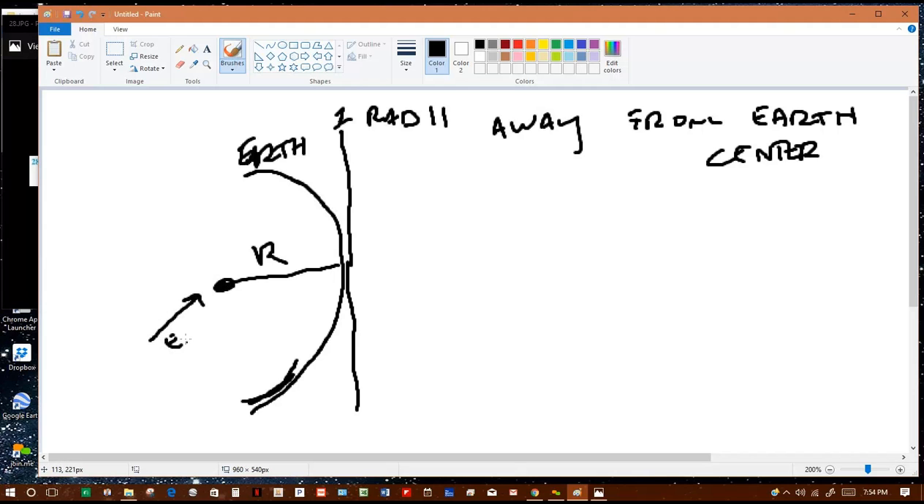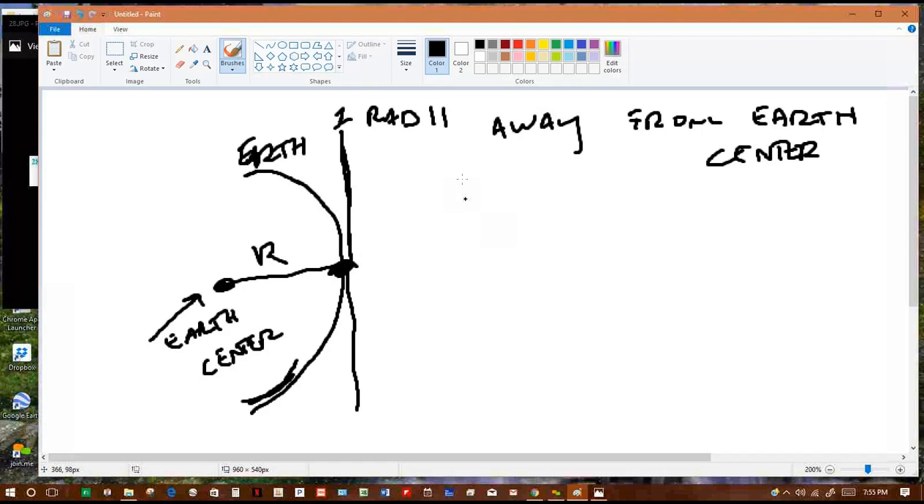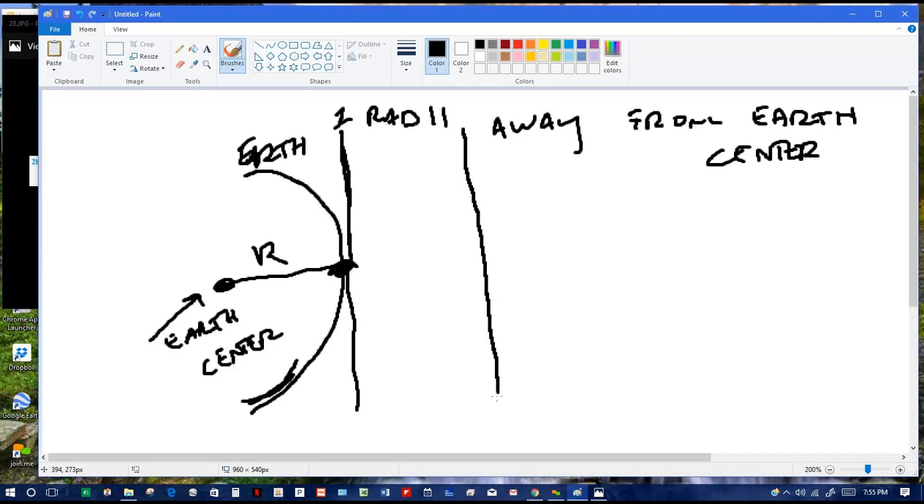Because this distance is the center of the Earth right here. So at this particular point, along this line right here, that's considered 1 radii away, right? Well, specifically at this particular point here. And so if we made one more of those distances, and then another one,